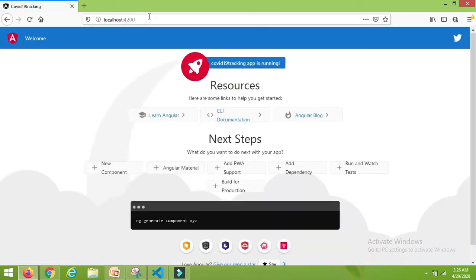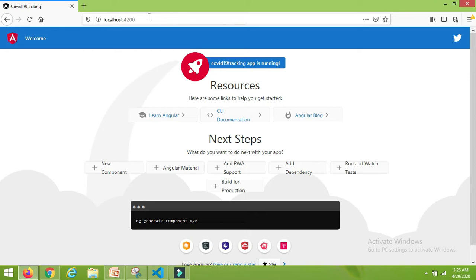Yes, we got the output for our project. So this is the page that comes with Angular 9. Whenever you create the basic project structure using Angular CLI, this is the landing page. It's given by Angular only.